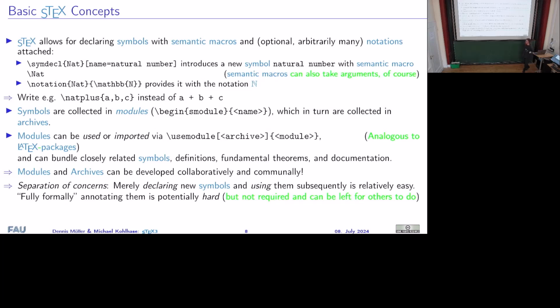So to give you some brief overview of what that actually looks like, for those of you who are interested, apparently I've been volunteered to give a workshop, which is a good idea for those of you who are interested, so that we can actually show you these kinds of things and help you set things up, because this is research software with all of the usual problems associated with that. But the basic idea is that STEX allows you to more meaningfully declare semantic macros.